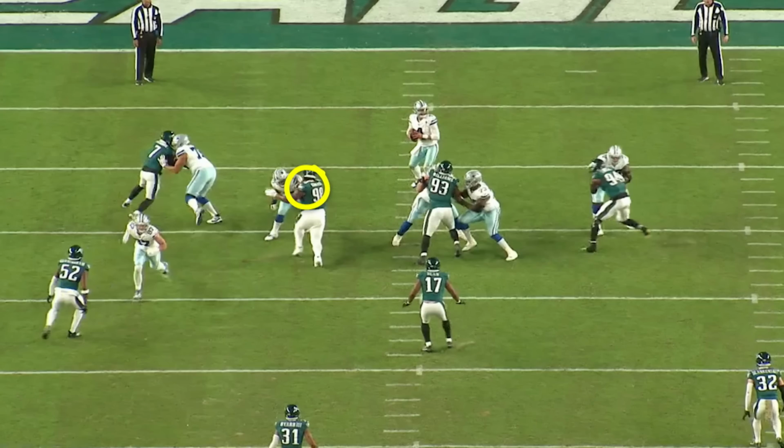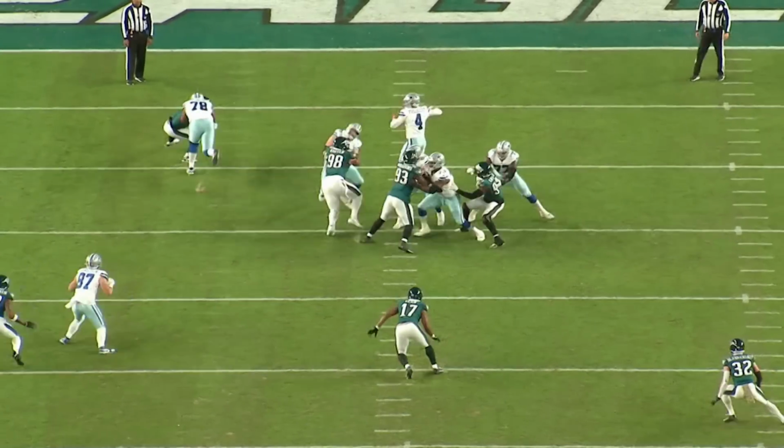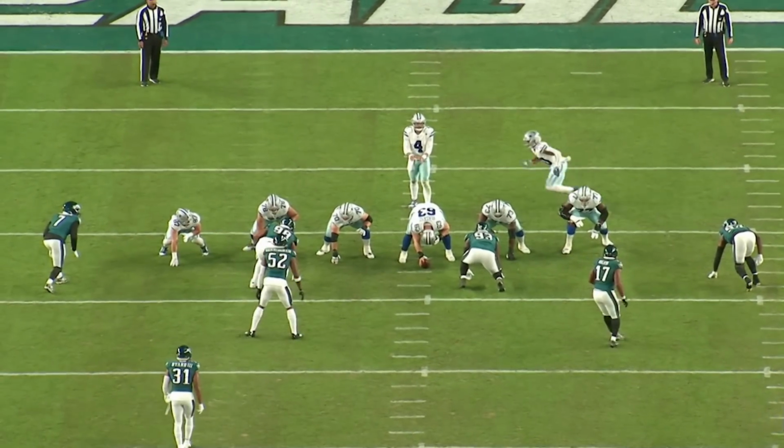He locks onto Jalen with his inside hand. But again, look at how fast Carter transitions from that inside move. He gets that outside arm and immediately plants it on Martin's collarbone and drives him backwards into the pocket. This play doesn't result in a sack. It's not a pressure. It's not a hurry because of how fast the ball comes out, but this is a